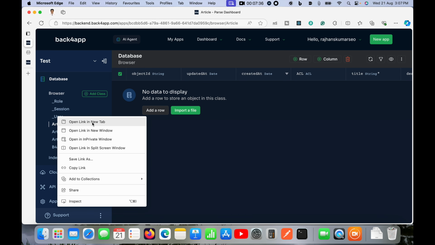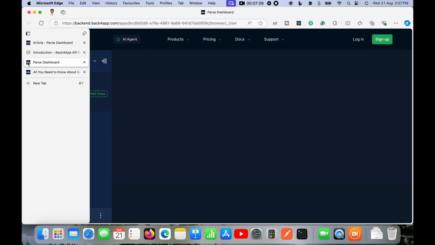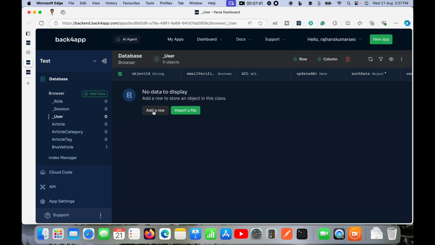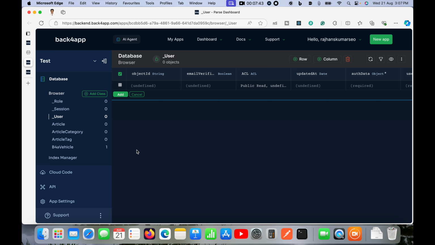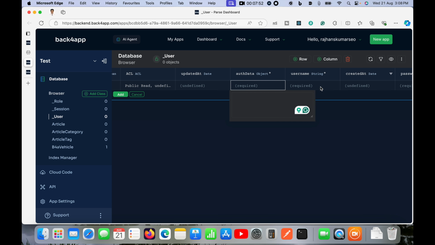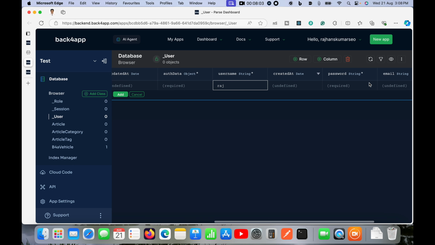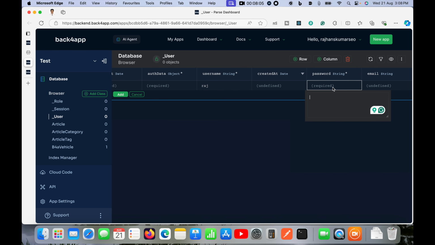So here I will add some query parameters. So I will go to users, and currently you can see there are no users. Okay, in the database you can see currently we don't have any user. So first I will add one user details as an admin user, so that we can access the functions and endpoints and everything. So here I will give it a meaningful username. So here I am going to add Raj, and here I will leave created as blank. I will add the password for this user,